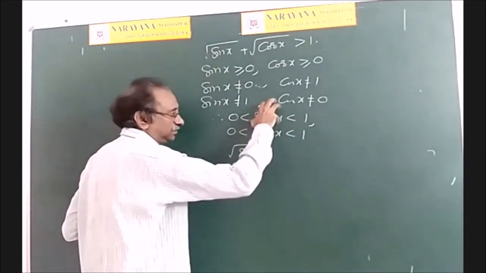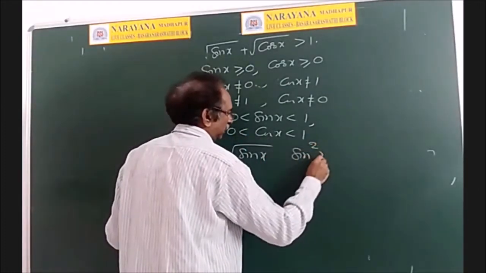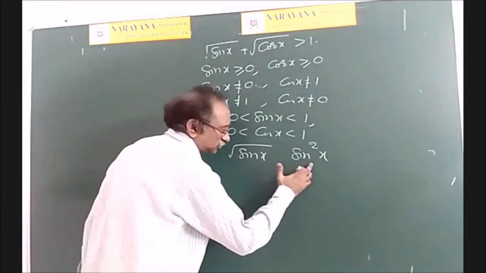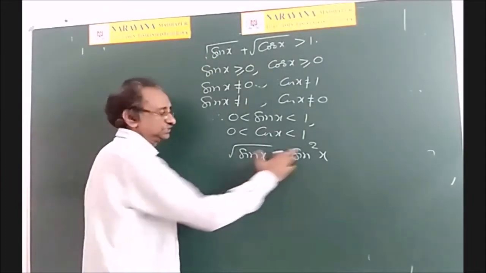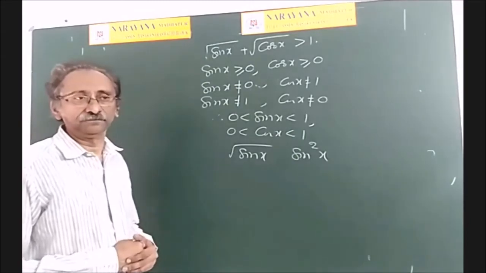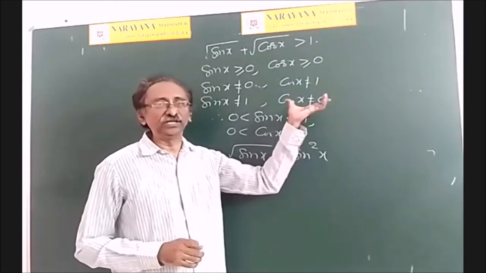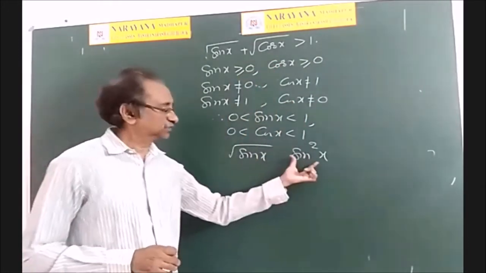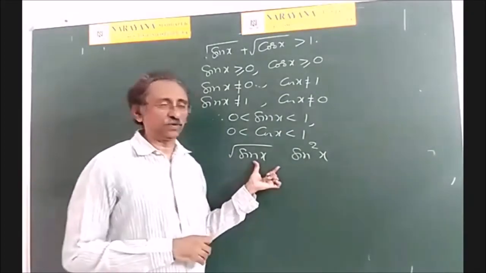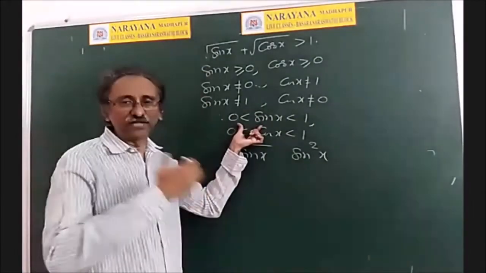whenever these two happen, consider the numbers root sin x and sin square x. So which is greater? Now we think that sin square x is greater than root sin x because this is a square and this is only a square root. But in fact, the answer is reverse. Because when the numbers are greater than 1, if you increase the power, the value increases. For example, if you take 4, 4 square is 16, but root 4 is 2 only. But these are not numbers greater than 1. These are numbers in between 0 and 1.